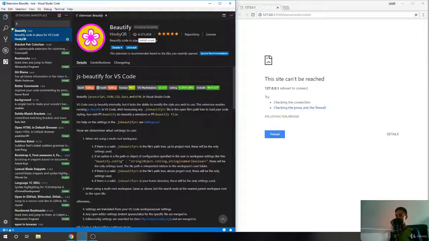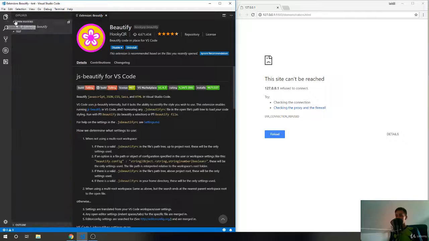As you can see, it has like 4,600,000 downloads. So a lot of people use it and it's great. I personally recommend that. But anyway, when you install Live Server and go to